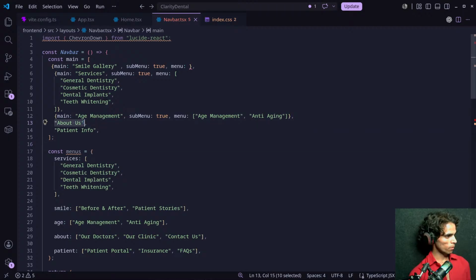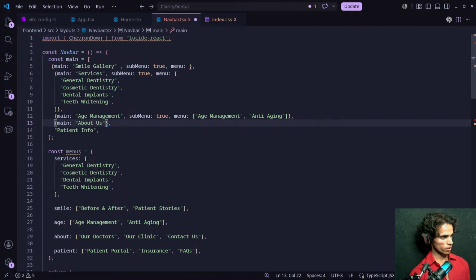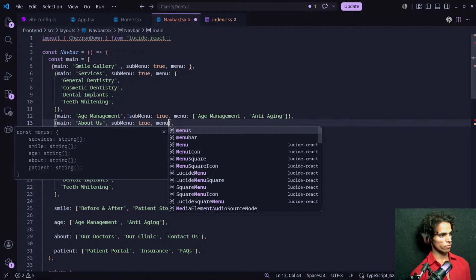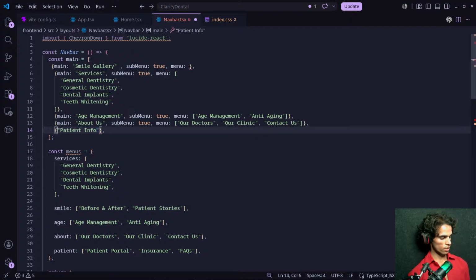And now we have about us, so let's change it to main, and in about us we will have a submenu. This will be true, and then we will have menu, and menu will be equal to about us. Let's get this, and then the patient info, and I will keep this main.